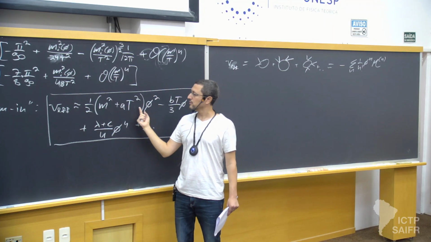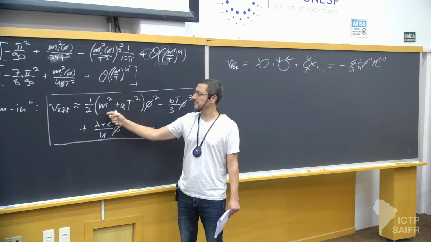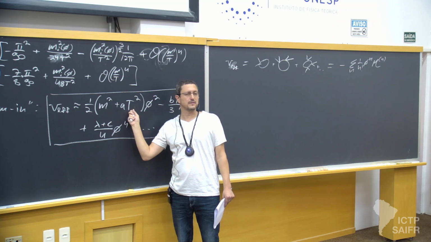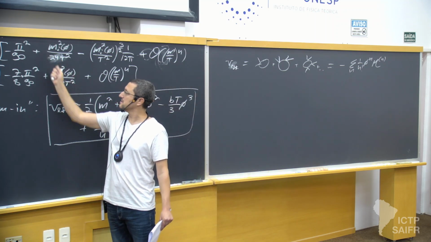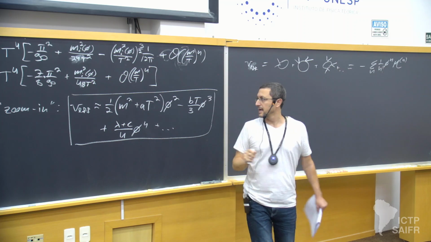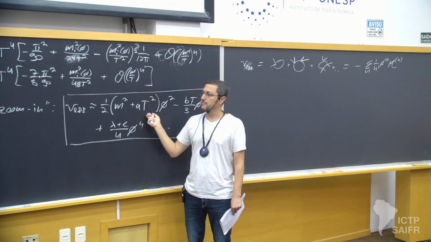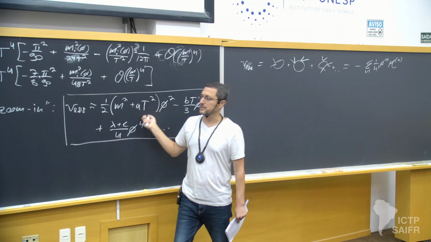So altogether, it looks like we're adding a temperature-dependent mass term. The effective mass of the field has a contribution that looks like T squared. And because the sign of these terms, both for bosonic and fermionic degrees of freedom, is positive, this extra T squared term is always positive. For example, for our phi to the 4 theory,